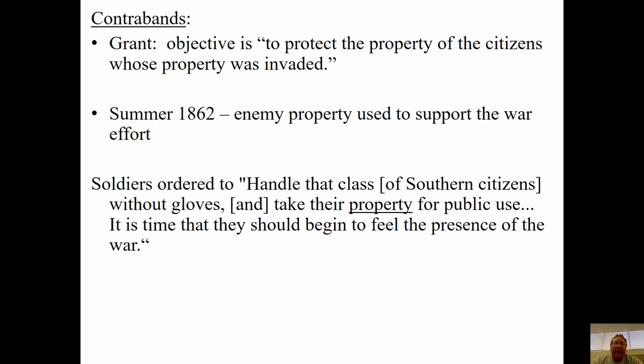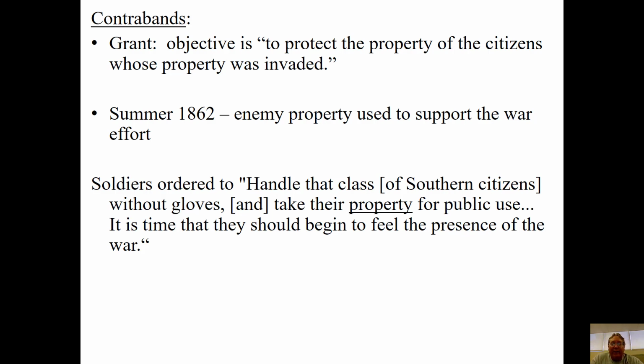But that becomes bigger and bigger of an issue, right? Especially as the North needs more and more people to get things done. As they're sending more and more troops into combat, they need people to wash clothes for them. They need people to cut down trees for them, to provide wood so they can have fires, to clear roads. Who do they start turning to? More and more, they start turning to those slaves that are sitting around, don't have a lot to do right now, right?